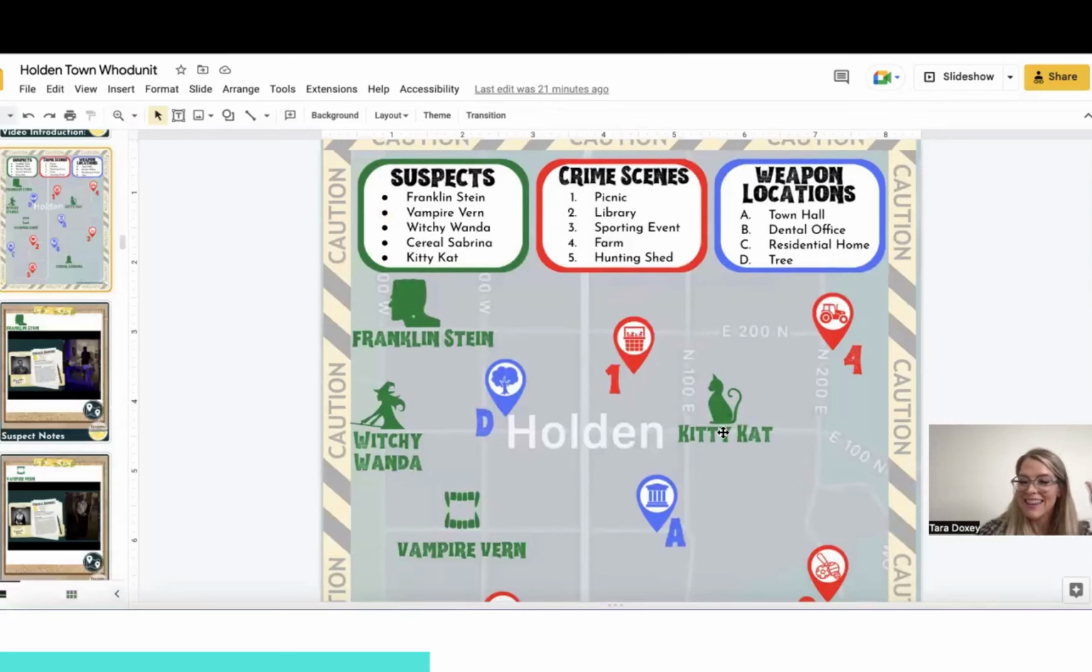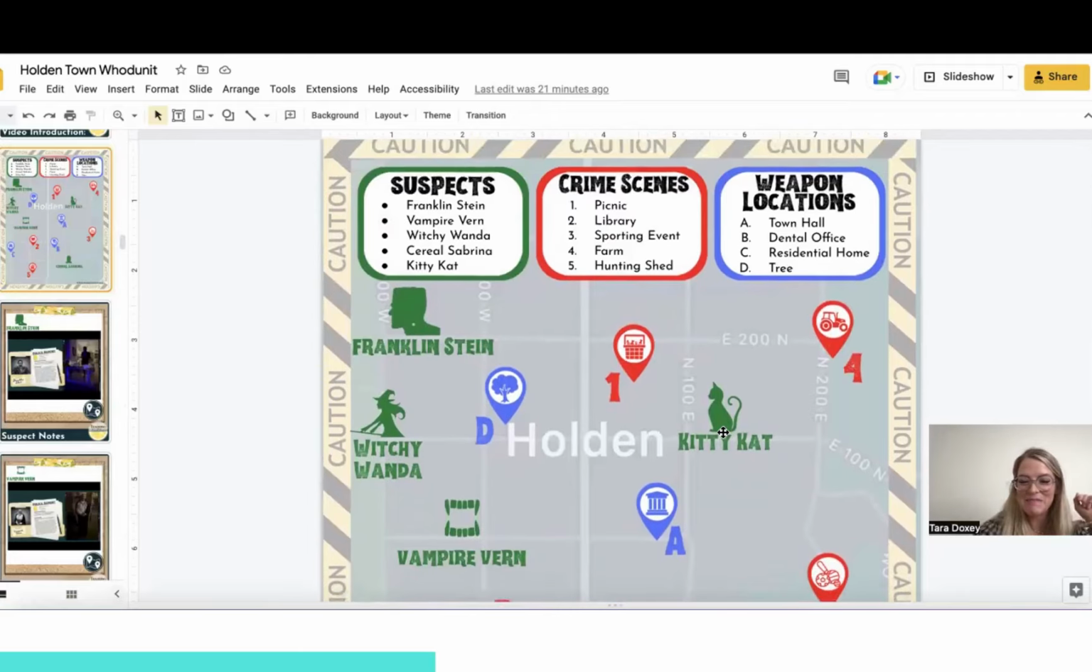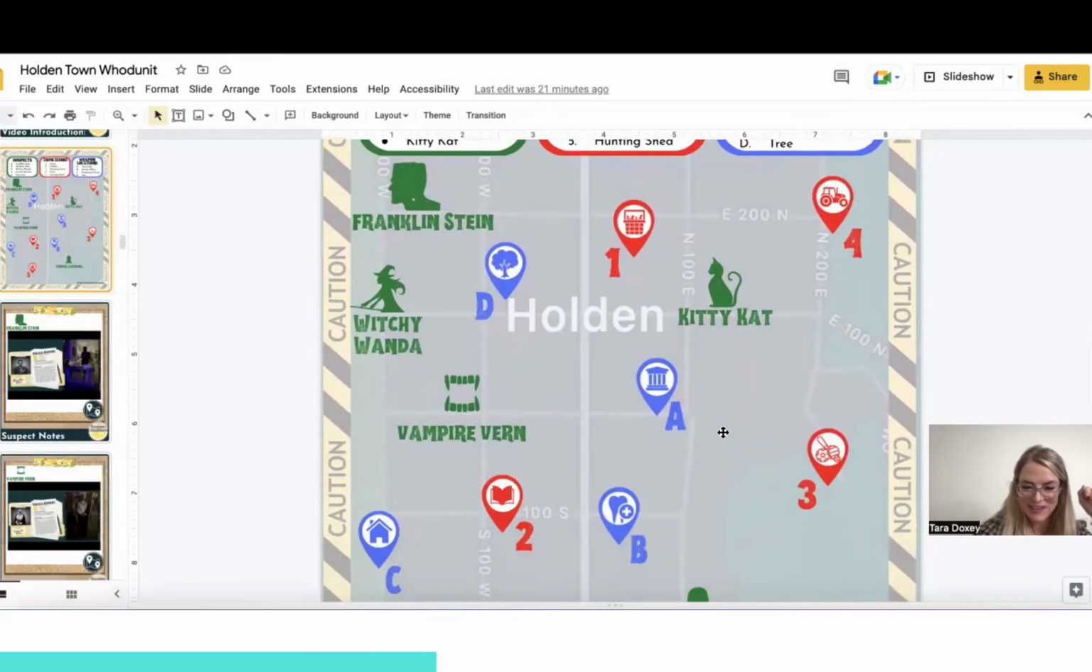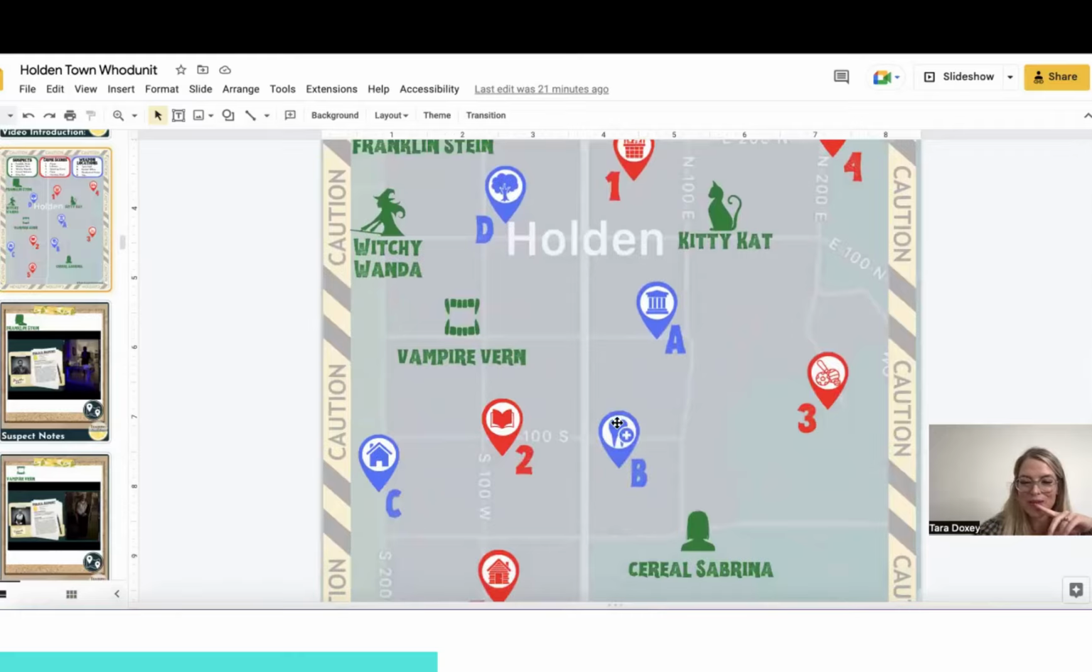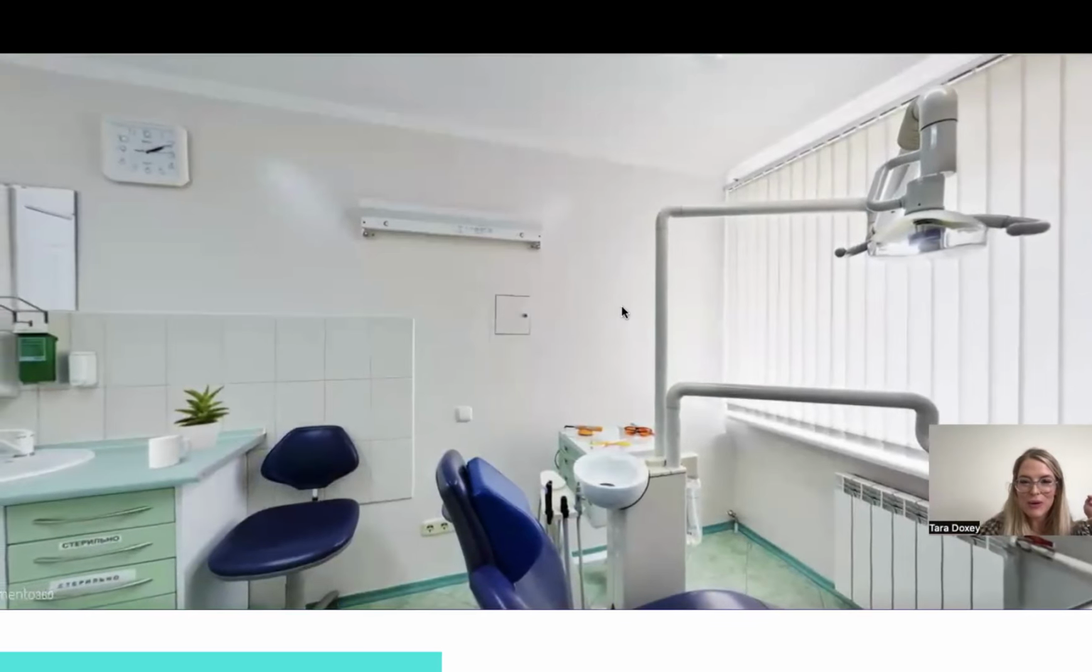All right, this is the one that I was so excited about. Weapon locations. This one took me longer than I would care to admit to figure out how to do this. But it was so fun. So let's go ahead and go to one of our weapon locations. We click on the link and it's going to take us to this 360-degree room where we can look